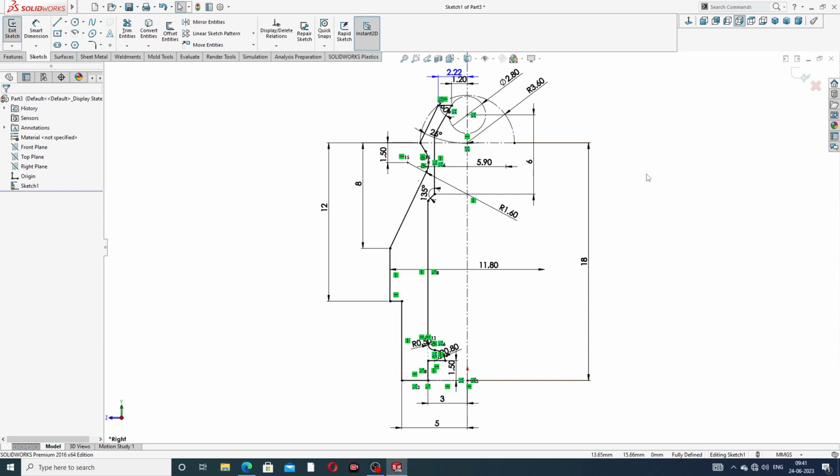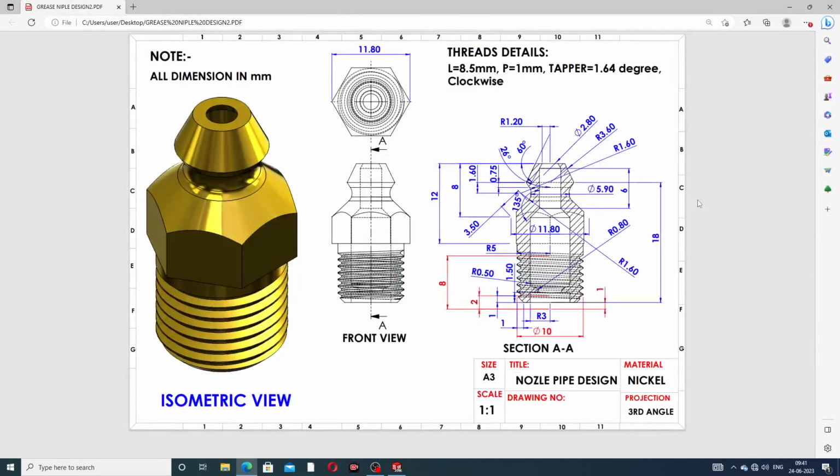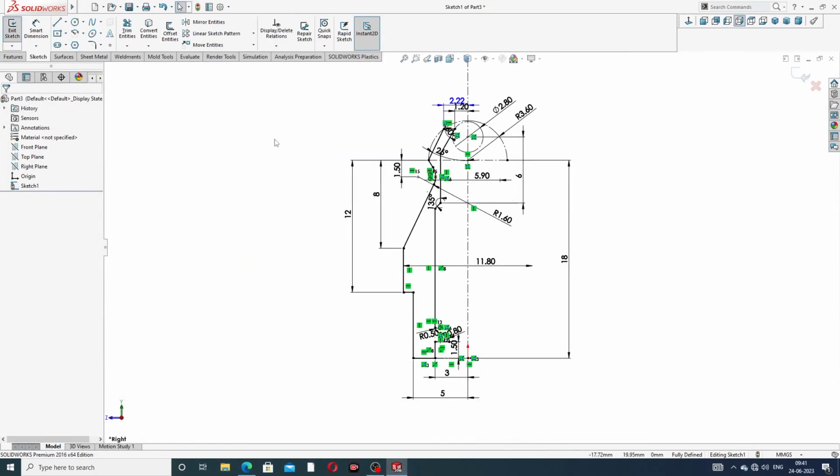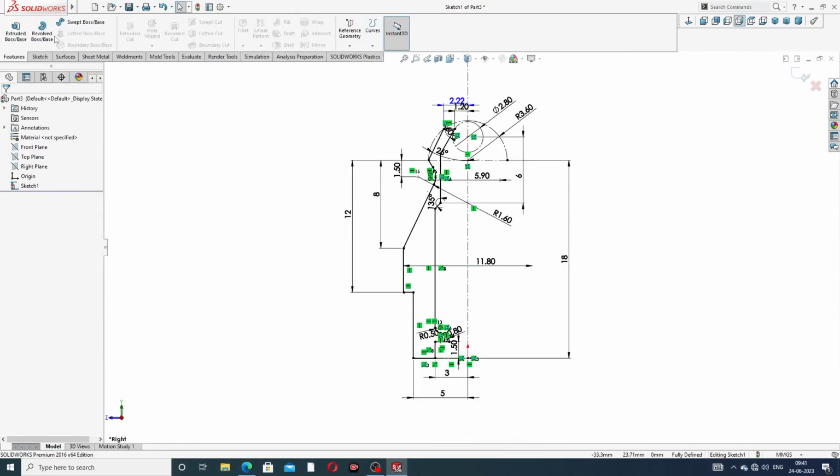All points are perfect and all geometry is fully defined, perfect and correct. Next is use a revolve